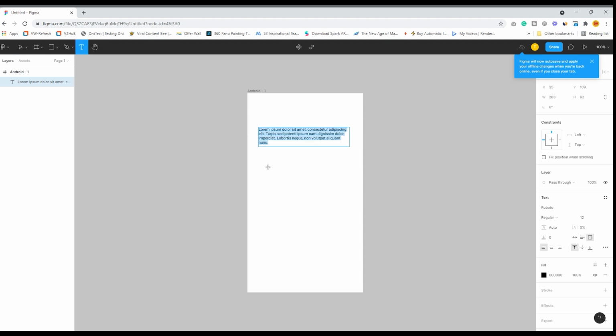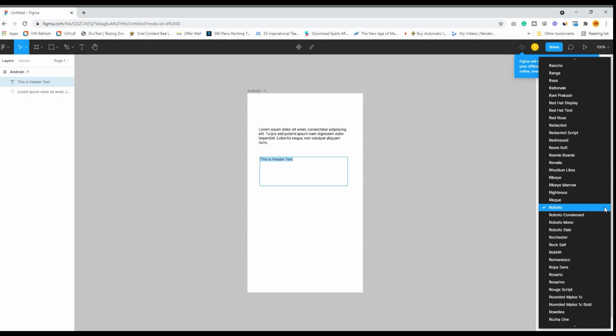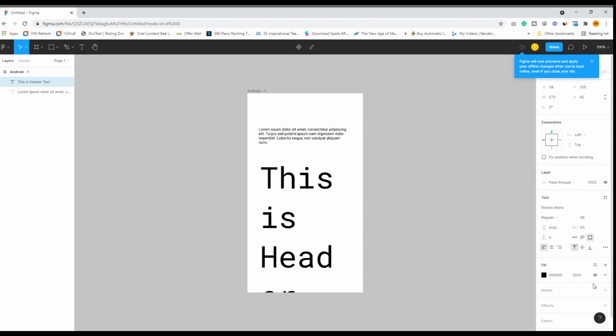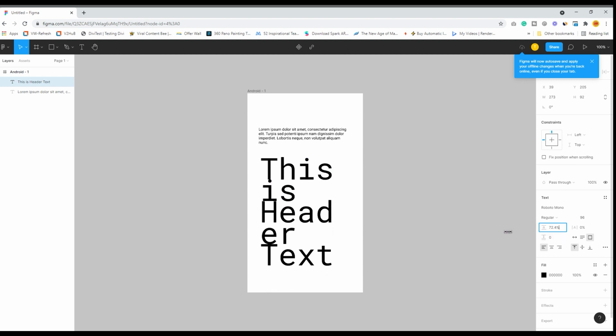If I want to add a header font over here, this is header text, and I can directly go to the right hand side, select the font from here, and I can change the line spacing as well.